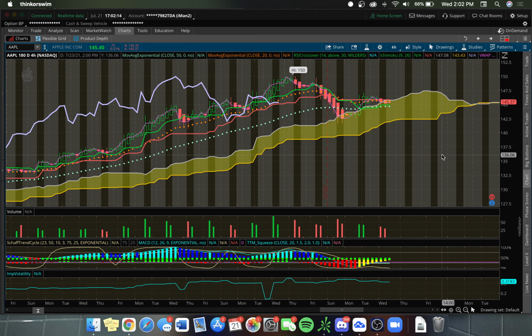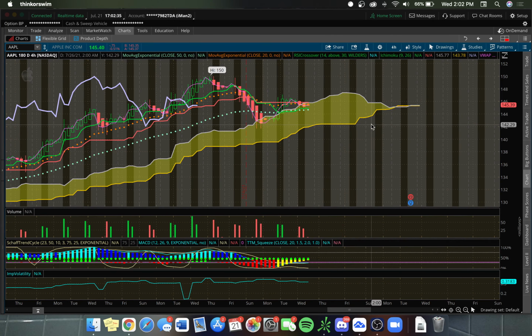If it goes back to the downside and we break this 9 EMA, this T line in the green, and we begin to fall in the cloud, I probably wouldn't touch it until it goes to this support line right here. I would either play it for a bounce and get in calls and watch for a potential bounce upwards and see if we consolidate back upwards, or if it breaks through and we see a candle close right here through the whole cloud, I would begin to get some puts going,